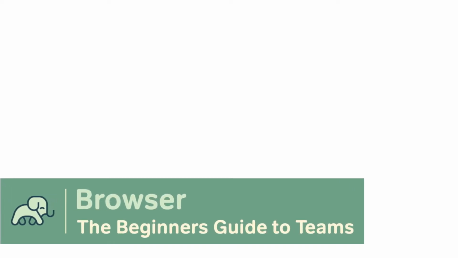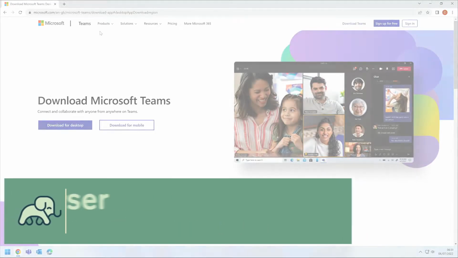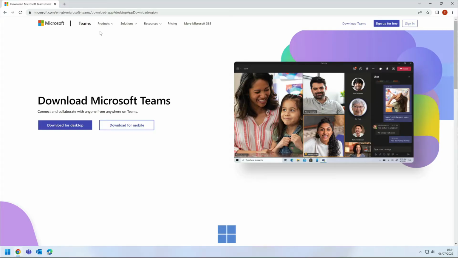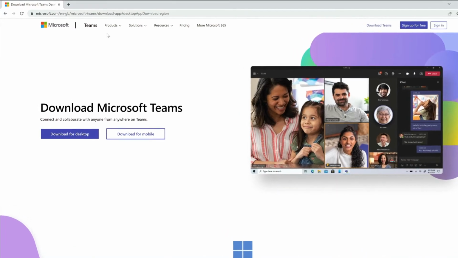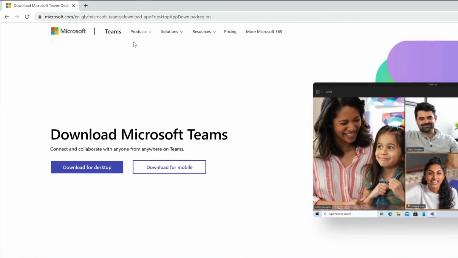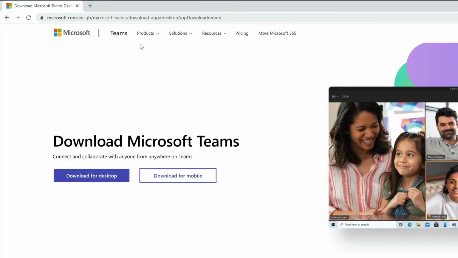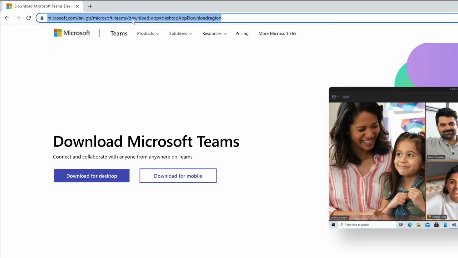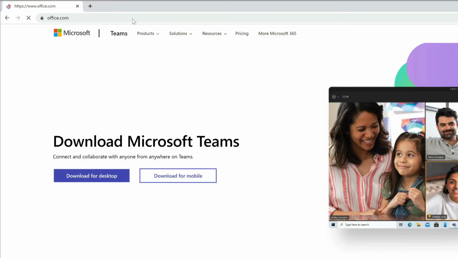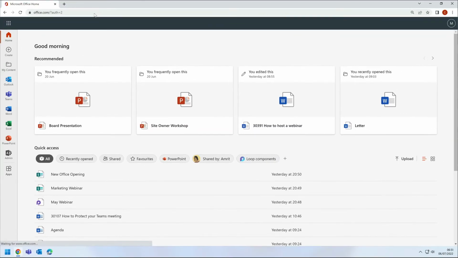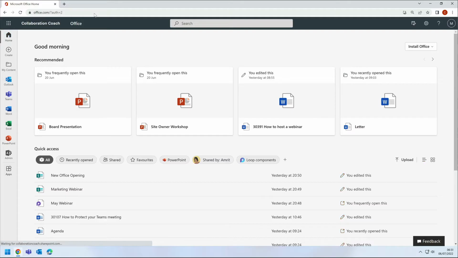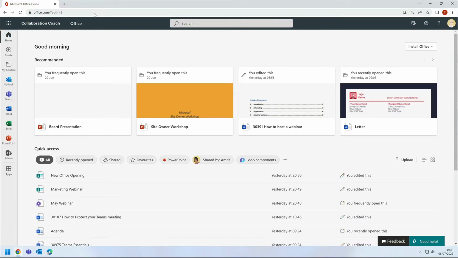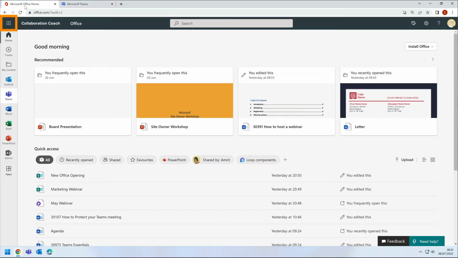If it's not possible to install Teams on the computer you're using, you can also use it in almost any modern browser. This is not always the best experience, particularly if you're in a meeting, but it does do the job in most situations. To get to the browser version of Teams, just open up a browser and type office.com into the address bar. You'll be asked to log in and you just use your work email address and password. You land on the Office homepage and you can start Teams from this bar on the left-hand side. Or you can go to the waffle button where you'll see all your apps.